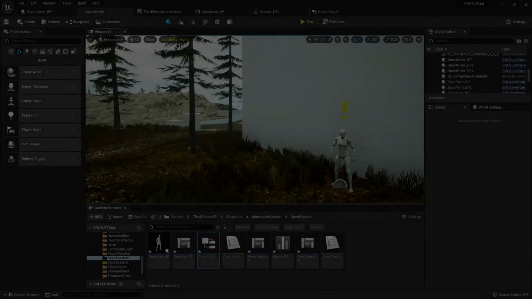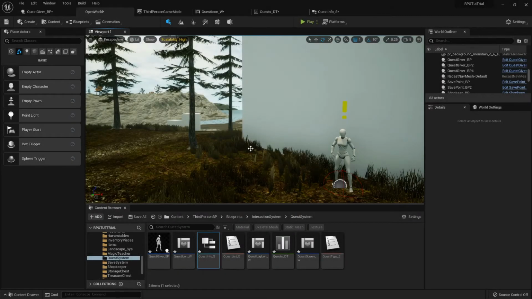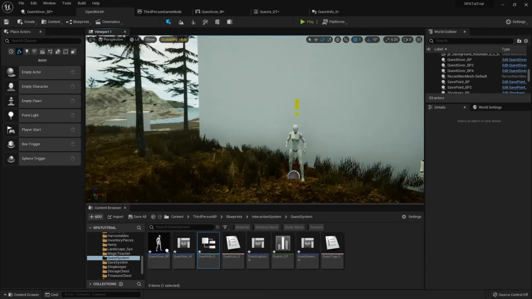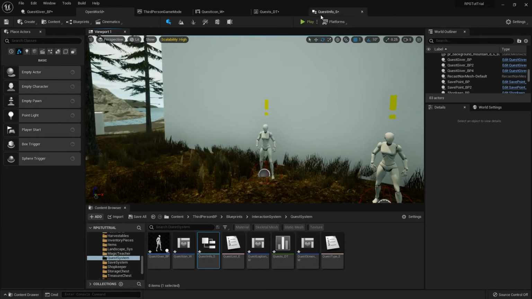Hey everybody, welcome back. So I just wanted to take a quick look at map variables before we got onto our crafting system. So here I am in the trial test version that I set up, and if we look at my quest info,